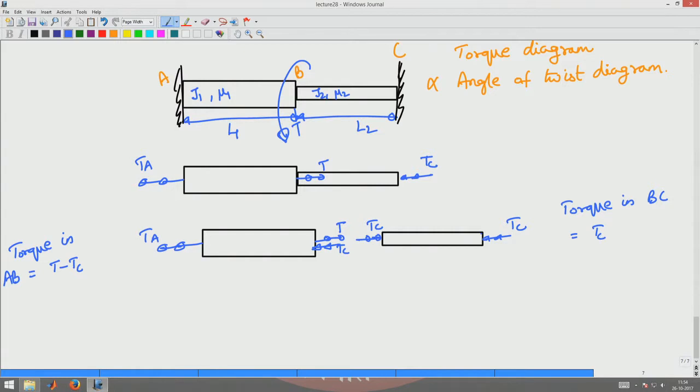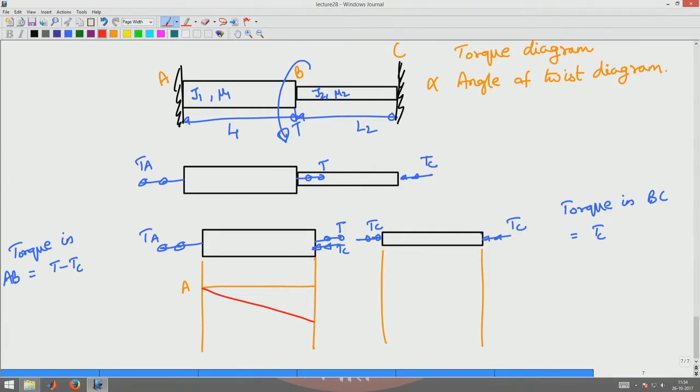So A is fixed. How does the angle of twist vary? Angle of twist will vary from here. In this member, the angle of twist is going to vary like this. This end is fixed, A is fixed. So the angle of twist is going to vary linearly like this,